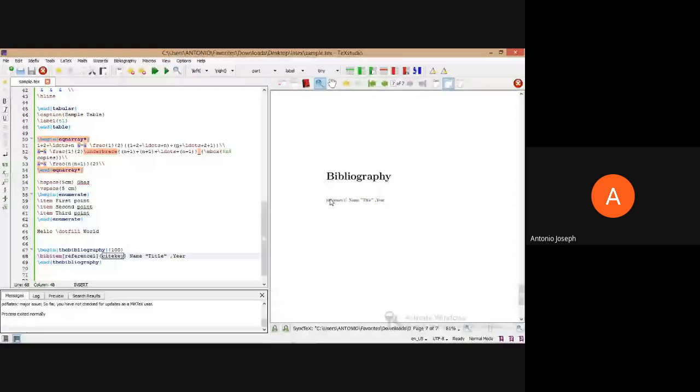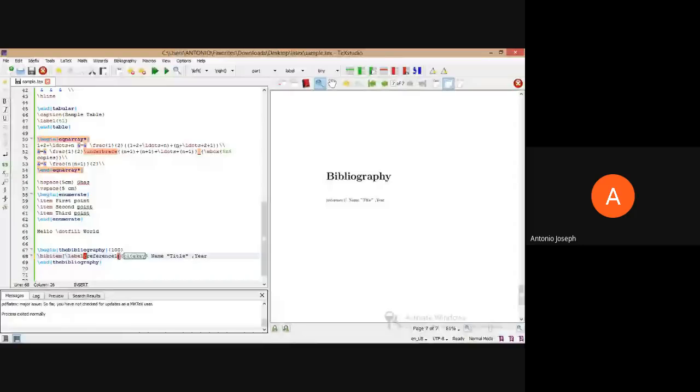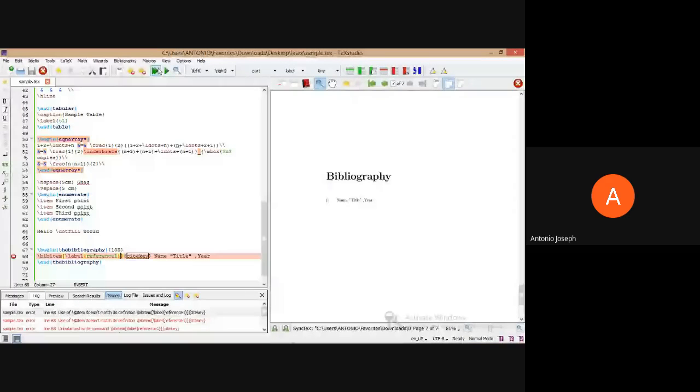So here it will be created like this. Okay, reference one, name, title, year, etc. That will be created like this. So we can provide a label also over here if you wish, and here the number can be provided, 1.